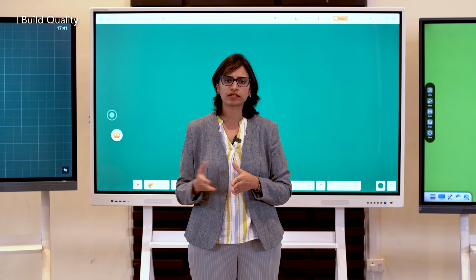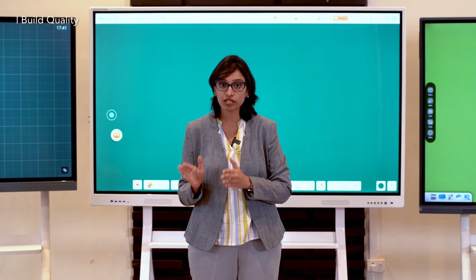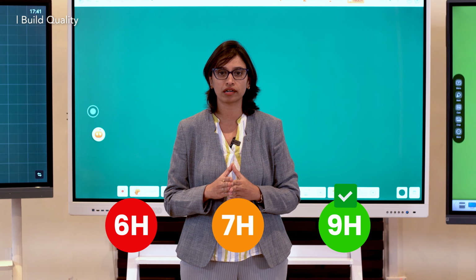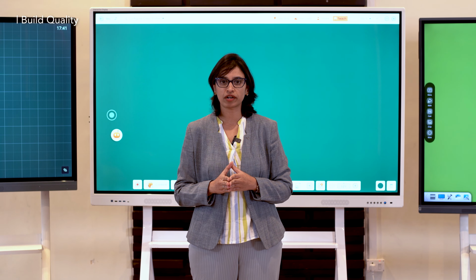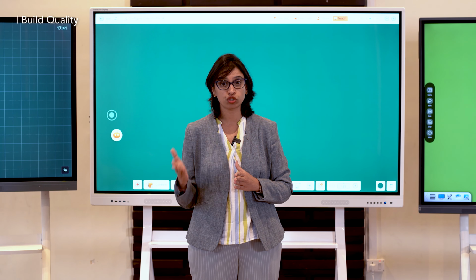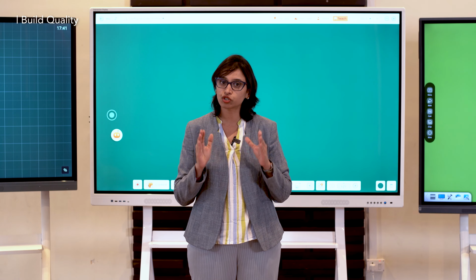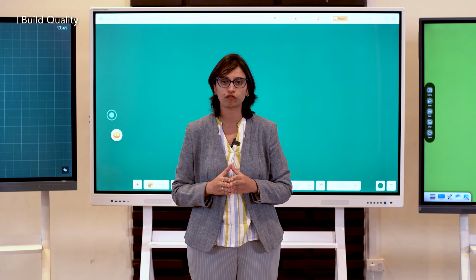Take the toughened glass for example. It should have not just 6H or 7H but 9H hardness to ensure it's unbreakable. Also, similar to the tempered glass protection in the mobile phones, where both cheap and premium options are available, digital boards also come pre-fitted with a toughened glass which can vary in quality. So keep an eye on the hardness of it.